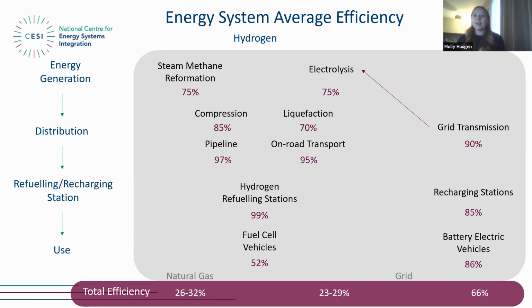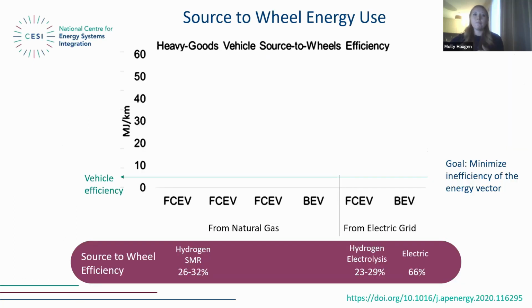What this means is that these percentages represent the amount of primary energy that is used at the wheel. And to say that differently, it is the different efficiencies that dictate the amount of energy that needs to be generated upstream to meet the energy demand at the vehicle level. To show this in a slightly different way, I have here the vehicle efficiency. So this is the vehicle itself. And so the overall goal would then be to minimize the required energy upstream to be as close to vehicle efficiency as possible. And what you can see is that these different pathways actually have,